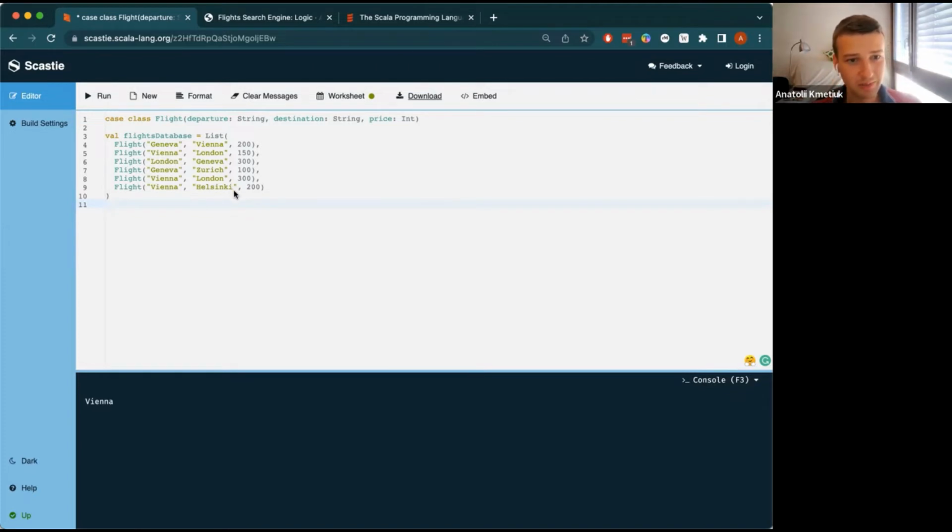So filter and foreach have pretty self-explanatory names. If we say filter on a collection, it means that we want to filter out some elements from that collection. It is useful for cases like, for example, if we want to take this big database and obtain a new database from this one that contains only flights that depart from Geneva. To do that, we would write flightsDatabase.filter,